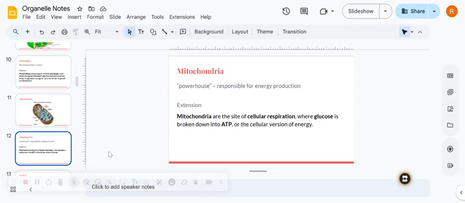Essentially, sugar is a really big molecule. It'd be like carrying around a $1,000 bill. Kind of useless if you go into a convenience store. Nobody's going to want to give you change for that $1,000 bill. What the mitochondria is able to do is take that $1,000 bill and produce change. It can give you ones or fives, tens, 20s, actually usable denominations of money. That's what ATP is. It's a form of energy that the cell can actually use because glucose is just too